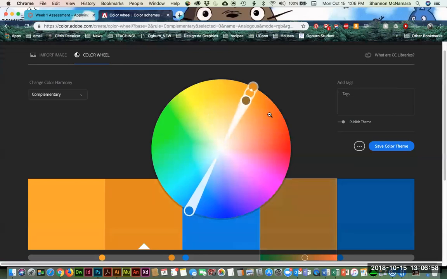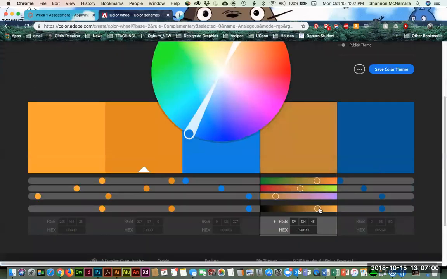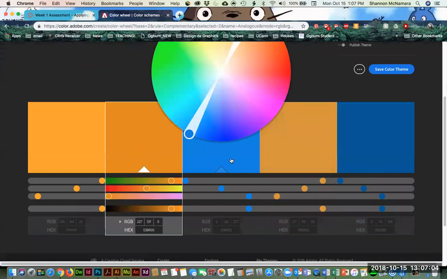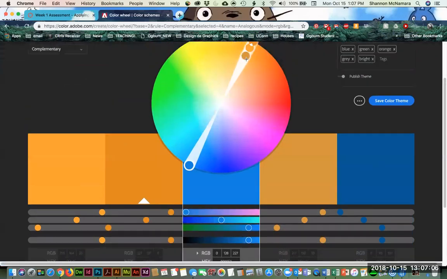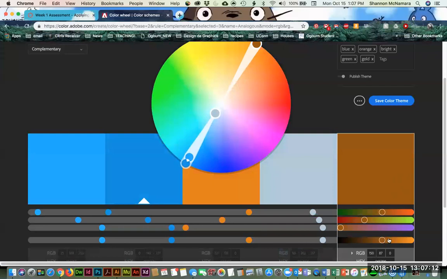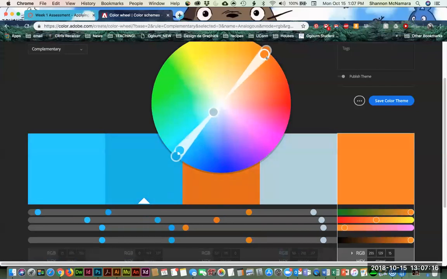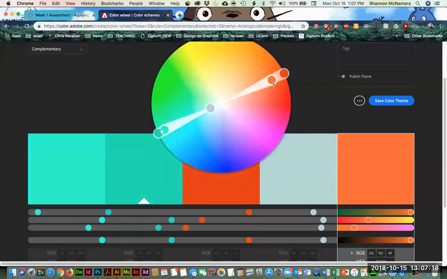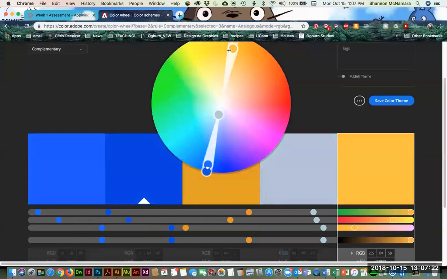So you might want to kind of bring that back into the orange realm. Maybe you want light blue. And you can kind of begin to move it around the screen,